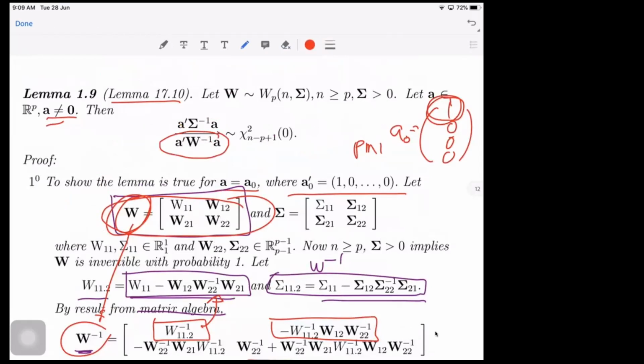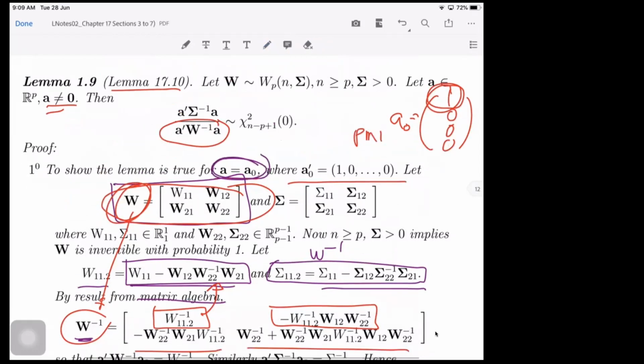If we get A prime W inverse A, where A here is particularly equal to A0, then this will be equal to